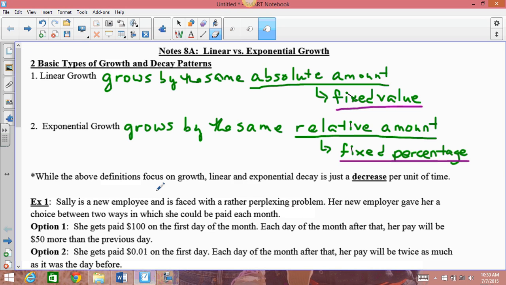So we're beginning Unit 3, which is going to be focused on linear and exponential growth and decay. Most specifically here in Section 8A, we will be looking at an overall view of linear growth and decay, and exponential growth and decay. This particular section is designed to be an introduction, so it doesn't present the formulas that you'll get in the